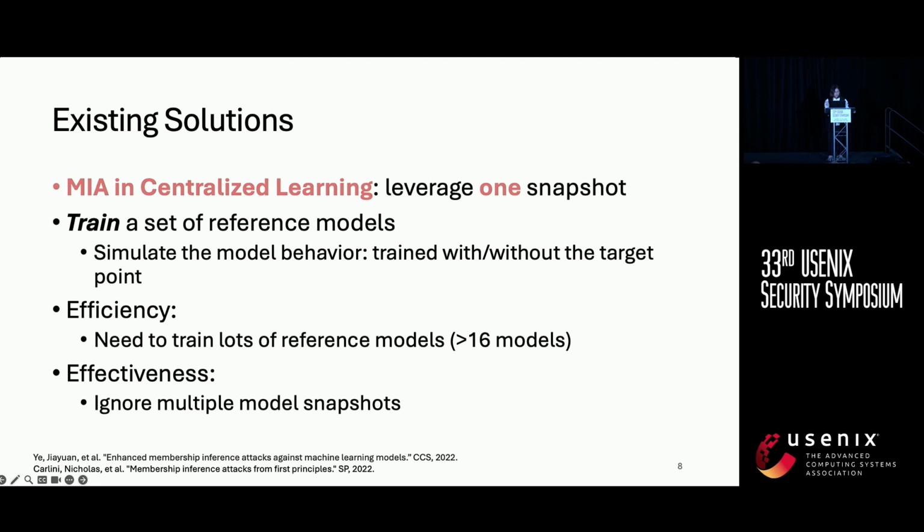On the other hand, if we look at the membership inference attacks designed for the centralized setting, strong algorithms also require training additional models. The goal here is to train a set of models to simulate the model behavior when the target data point is in or not in the training dataset. However, this method can also be costly. In addition, since those methods are designed for attacking a single model, when we apply them to the federated learning setting, they overlook the information encoded in the entire training dynamic, which may lead to an underestimation of privacy risk.